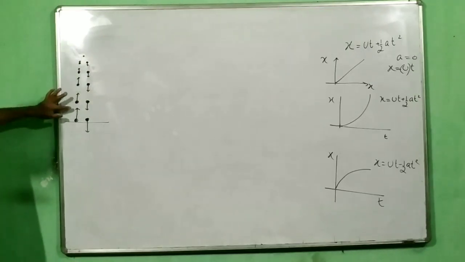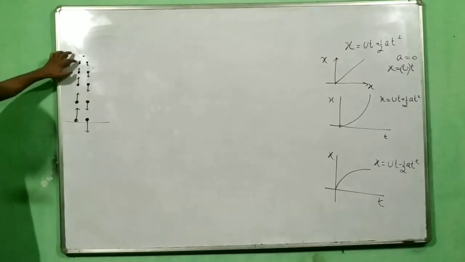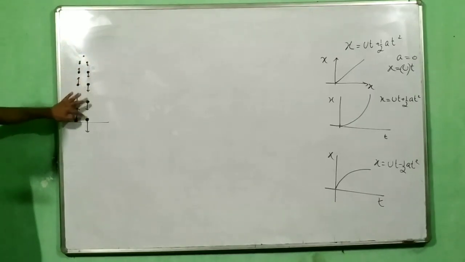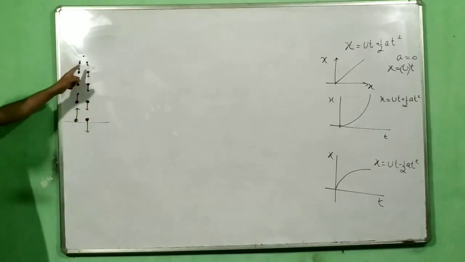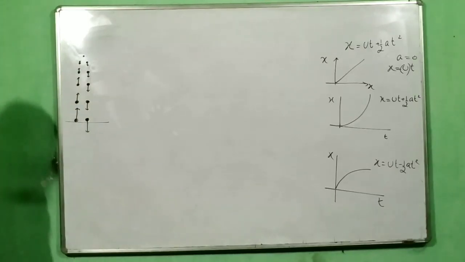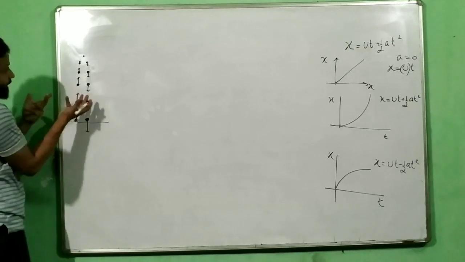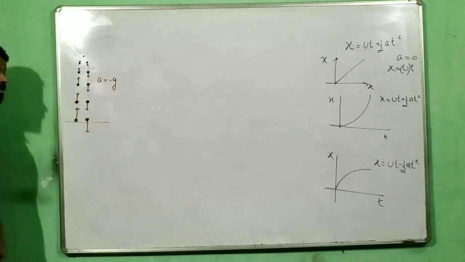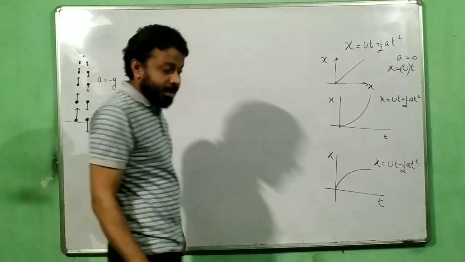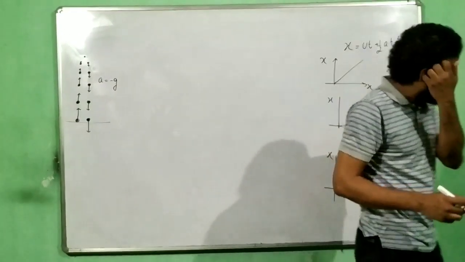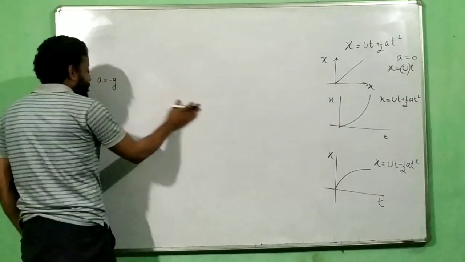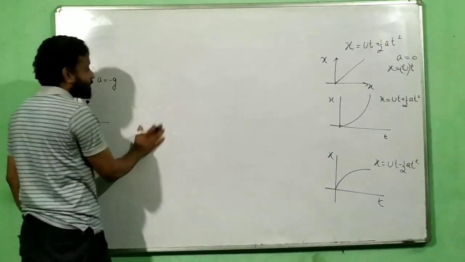Or you can say like this: 5, 4, 3, 2, 1, 0. Then -1, -2, -3, -4, -5. Look at the magnitude. Magnitude is increasing. Minus means its direction. Okay. And what about the acceleration? Acceleration, we know everywhere it is minus g because it's moving under gravity. So acceleration will be negative. So it will have a negative slope. Okay. Now how do we do that in a graph? Now suppose I have to plot. I will draw first the VT graph here.